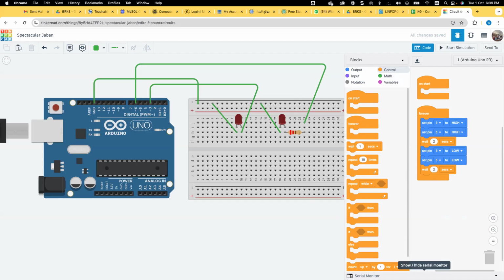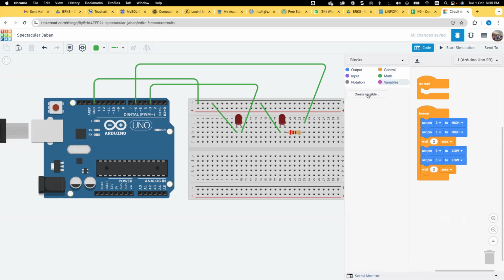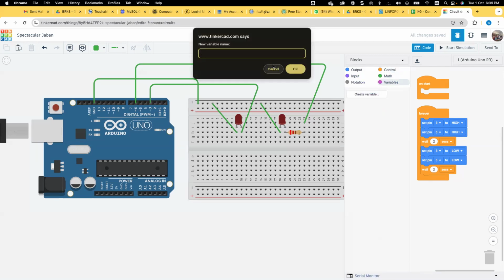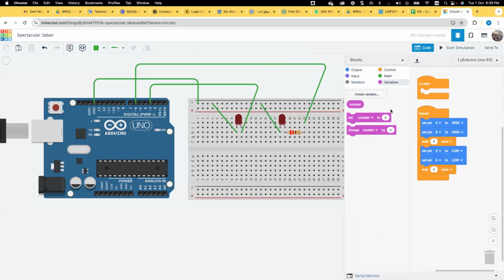If now I go through the variables, I will create a variable and name it counter. On start, I will set my counter to 0.